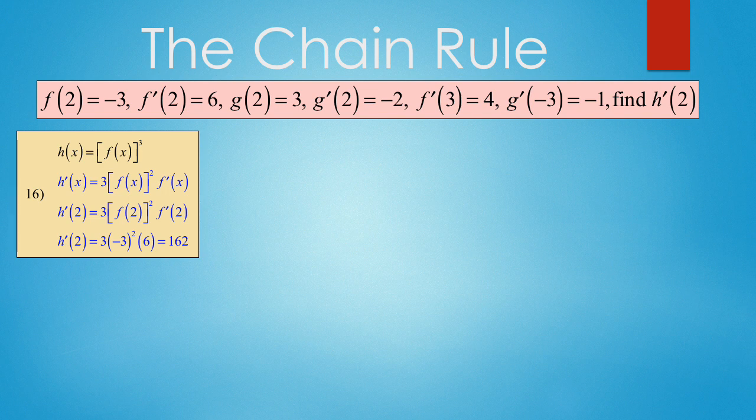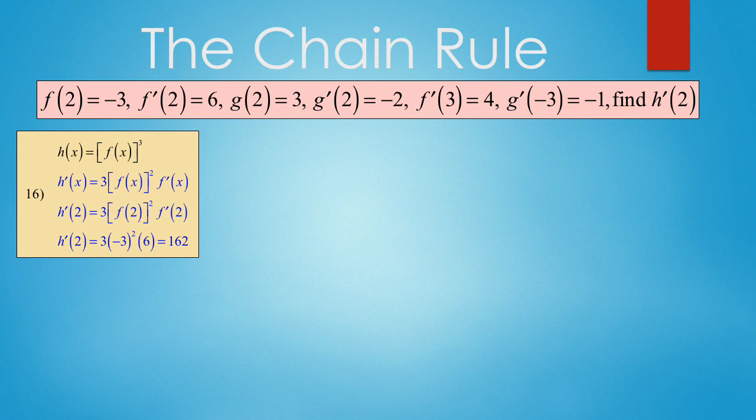In 16, you're told that h of x is equal to f of x to the third power. So, to take the derivative, this is a power rule. We bring the 3 in front, write the expression down to the second power, and then take the derivative of what's inside the brackets, which is f prime of x. At this point, we plug in the 2. So h prime of 2 is equal to 3 f of 2 squared times f prime of 2. At this point, we go to our chart above and fill in the information. So we get 3 times negative 3 squared times 6,